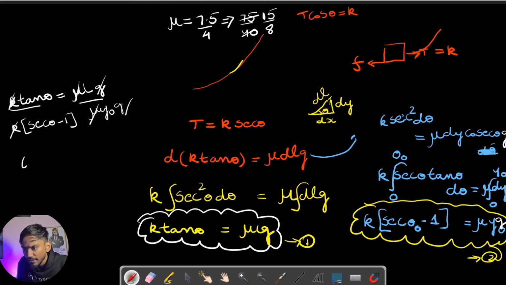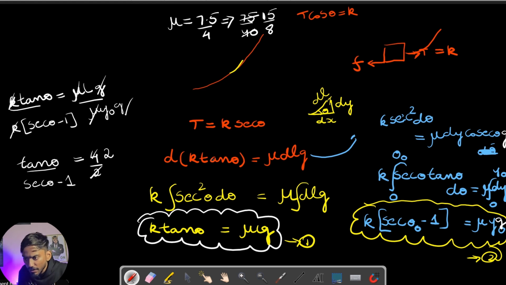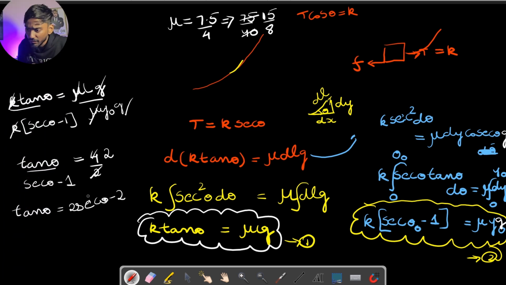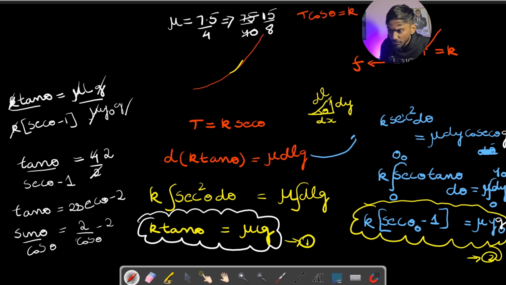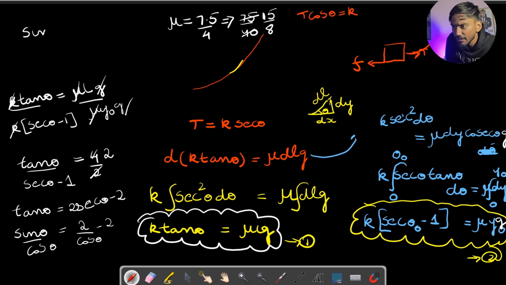So from here we get tan theta by secant theta minus 1 is nothing but L is 4 meters and then y naught is 2 meters. Here we get 2. So from here tan theta is equal to 2 secant theta minus 2. So if I do this, what can I have? Suppose tan theta converted as sin theta by cos theta is equal to 2 by cos theta minus 2. So if I want to cancel cos theta, sin theta is equal to 2 minus 2 cos theta,